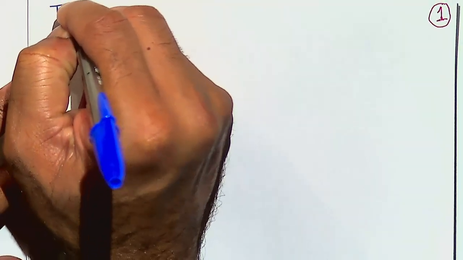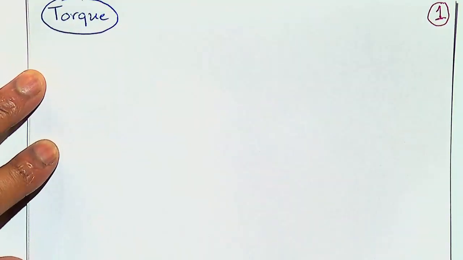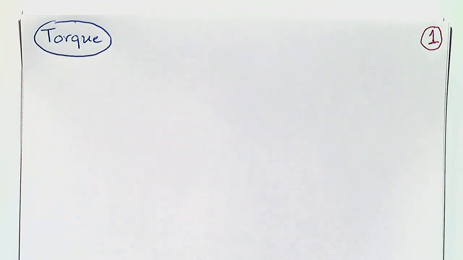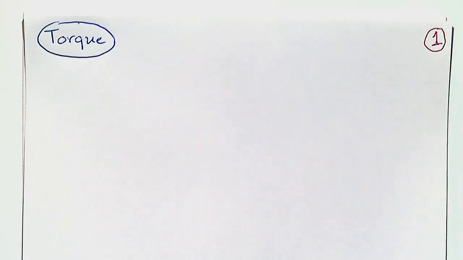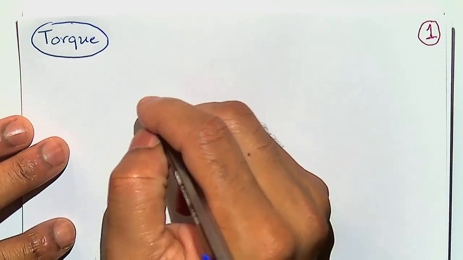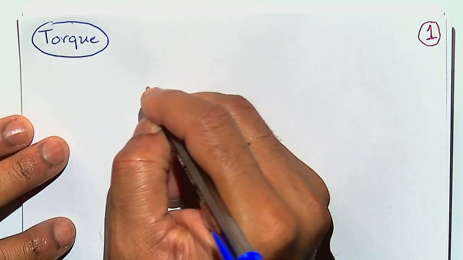All right, so let's go to our notes and define torque. Okay, and a good place to start is a wrench, okay? Because that's probably the most practical thing you've used. If you put together your furniture or something like that, you've likely used some form of wrench, right? And that's a good place to start to think about what torque is. So let's say you have a bolt and you put your wrench